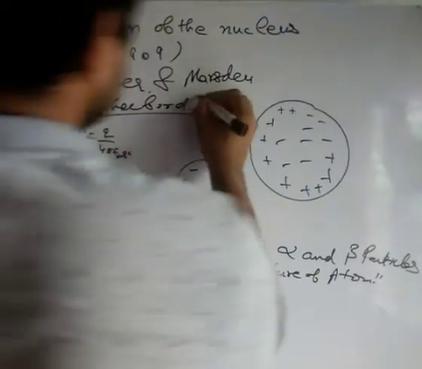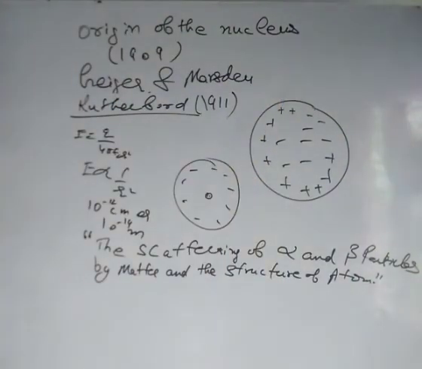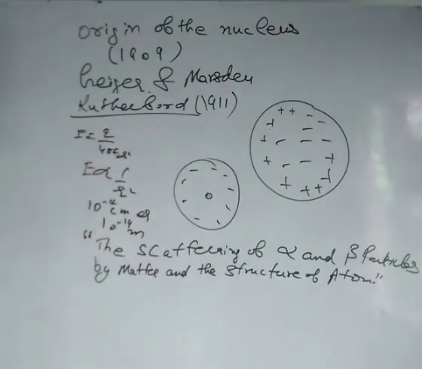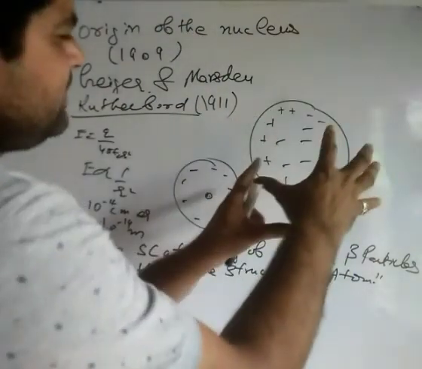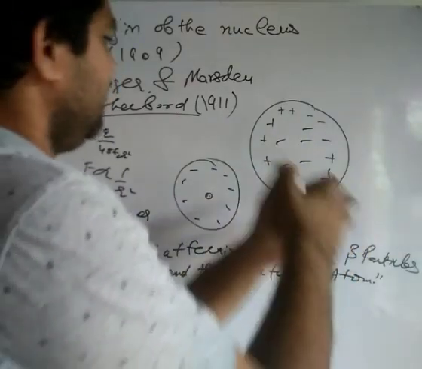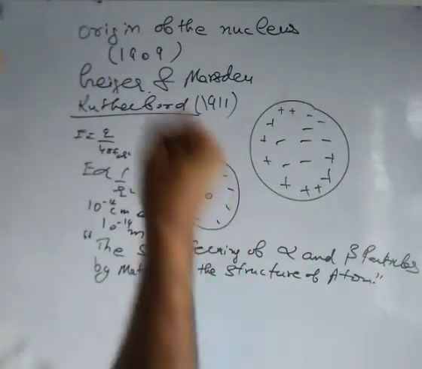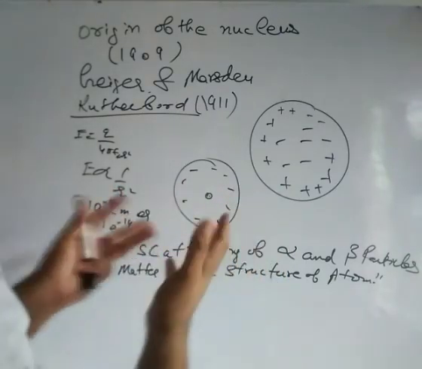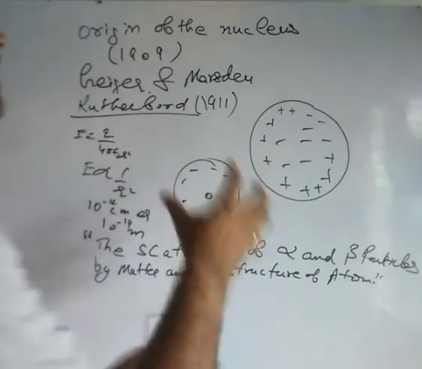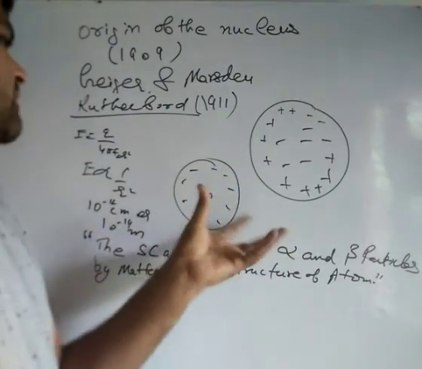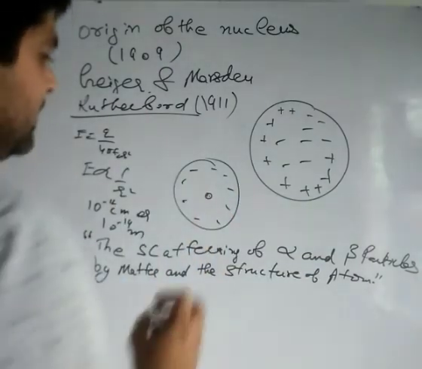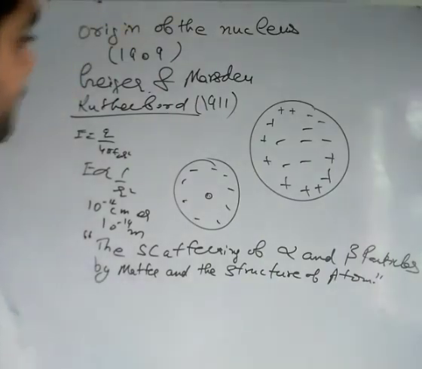Basically, this is in the year 1911. So after Geiger and Marsden, Rutherford, after 2 years, explained their experimental result. And students, this is how the nucleus came into the scientific world. So this plum pudding model, or electron-proton model, was replaced by the Rutherford model, in which one type of charge is concentrated. At that time Rutherford did not specify whether it was positive or negative charge. In his original paper he said it has to be one type of charge, either positive or negative. Later on it was found that it has to be positive charge. Okay, so this is the origin of the nucleus.